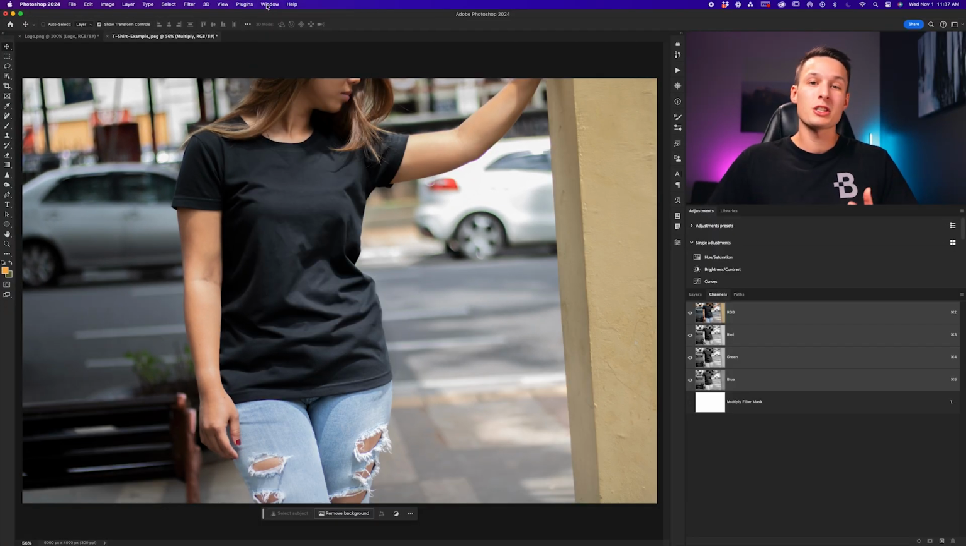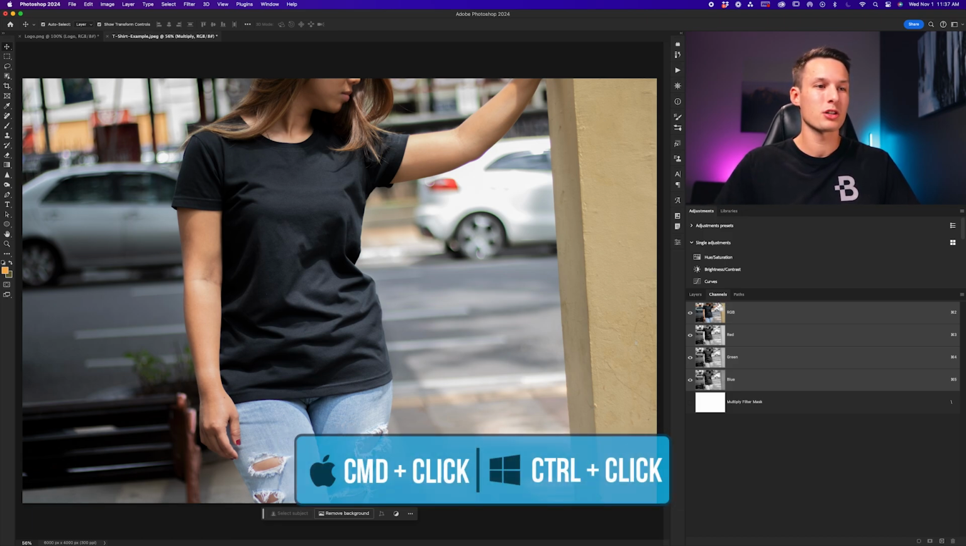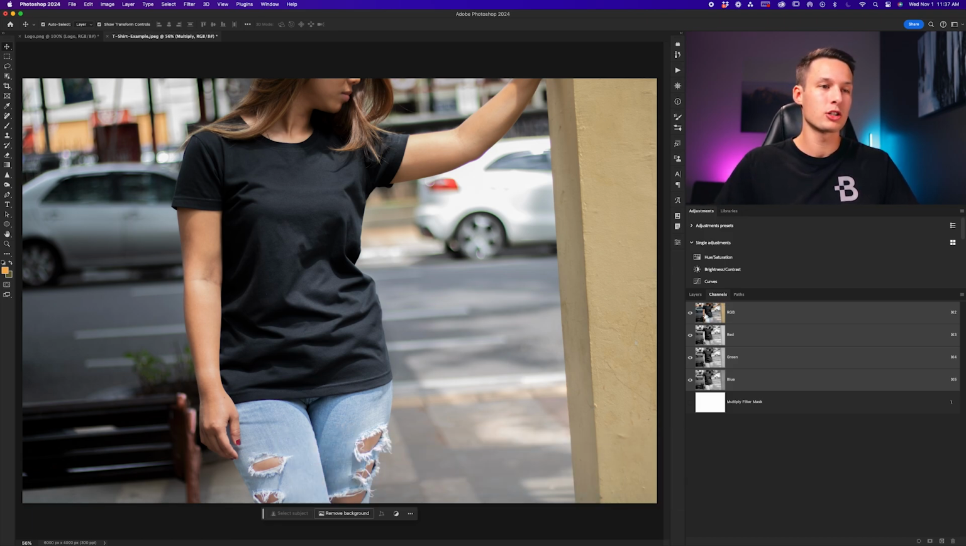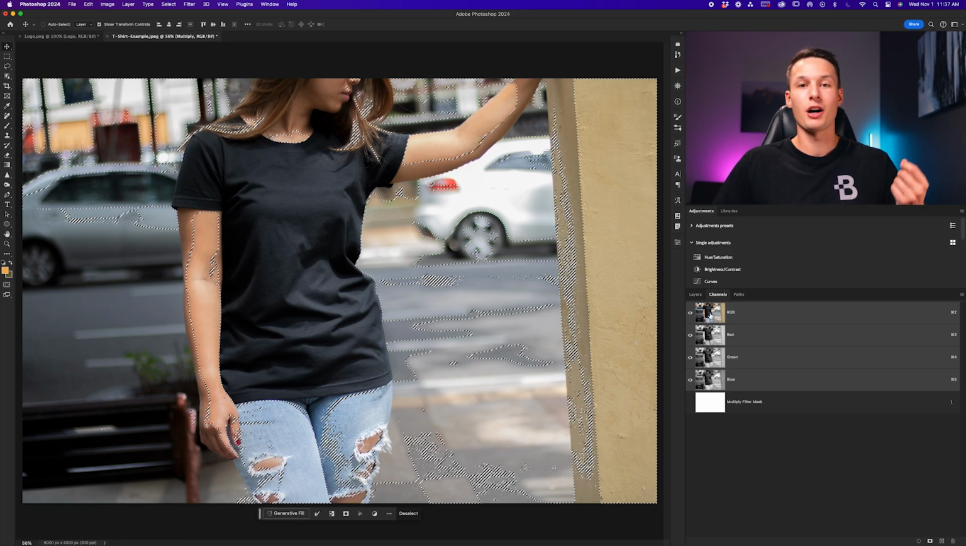What we need to do here is basically create a selection of the highlights, midtones, and shadows in our photo. That sounds really complicated, but it's super easy. All you have to do is hold Command or Control and hover over the RGB channel thumbnail. So holding Command or Control and then clicking on that thumbnail here, this will activate a selection of the exposure